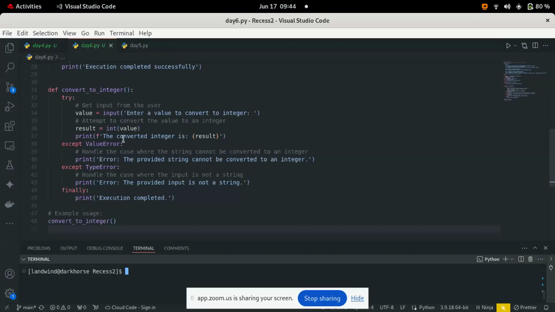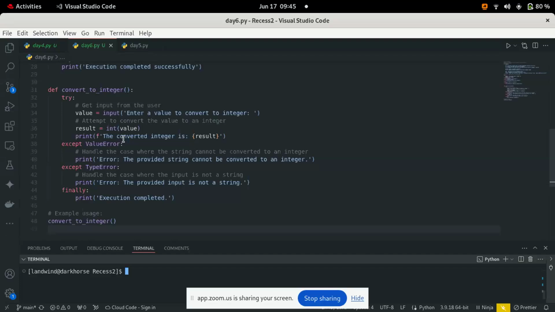Then here I use the print format to print out my result. Then after that, in my first exception, I raise a value error, and I print out that the provided string cannot be converted to an integer.